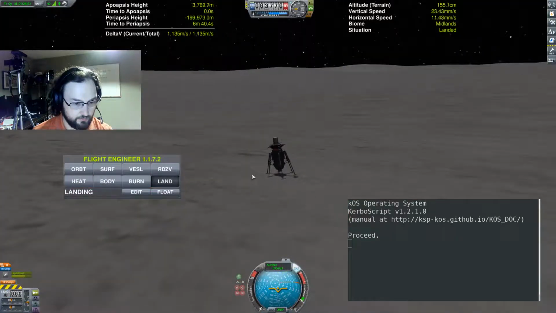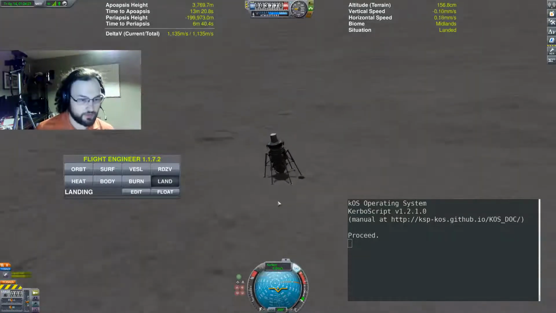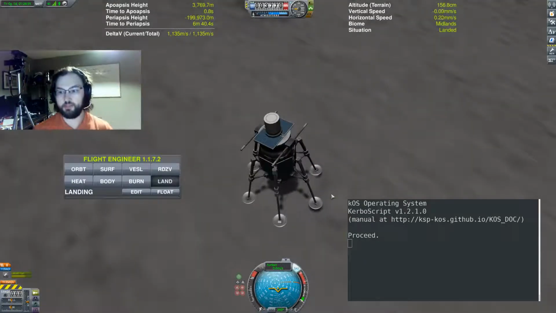Alright, we landed. The actual impact was well over 1 meter per second. It was like 3 or 4 meters per second. But that was still an okay landing, and now we have our spaceship on the ground on the moon. So that's my test mission. Would have been better with a landing script,